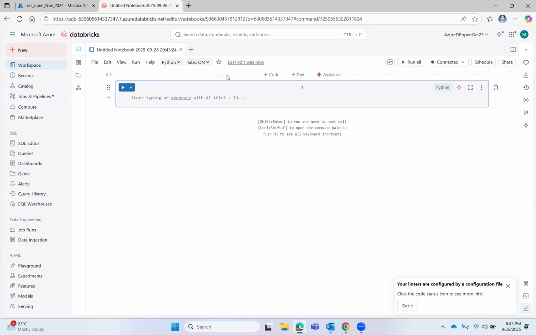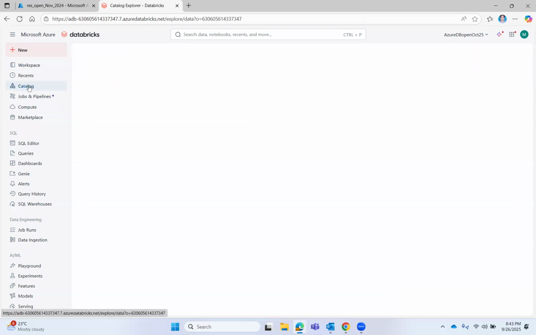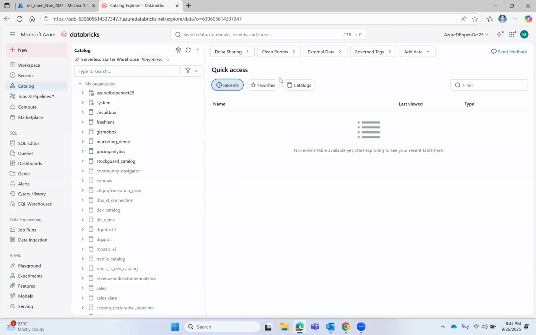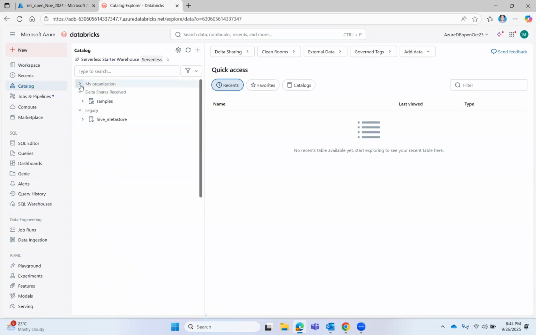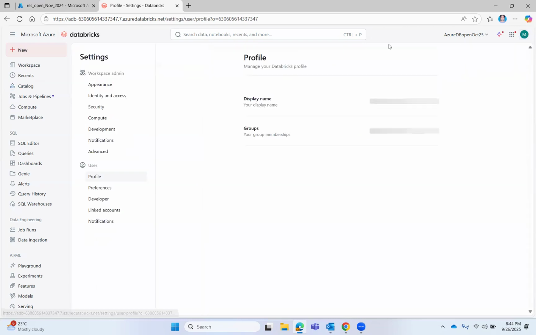And one more thing, as I told you, we can also store files within Databricks. Where can we store the files? If you go to the catalog, you can see this is the database. You can create the tables, but where you can upload the files, that option is disabled by default. You have to enable that option in order to store the files within the Databricks environment. So where do you find that option generally? If you go to your settings,